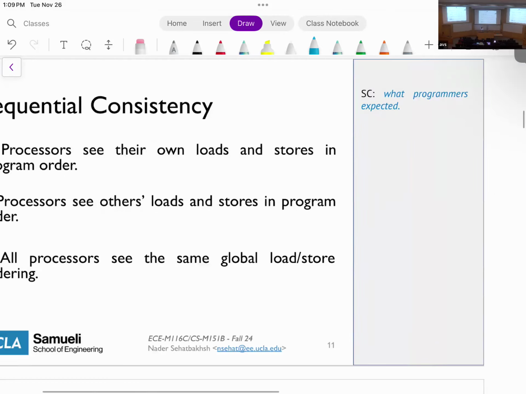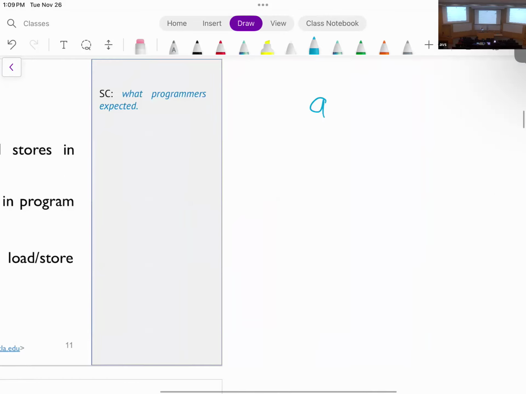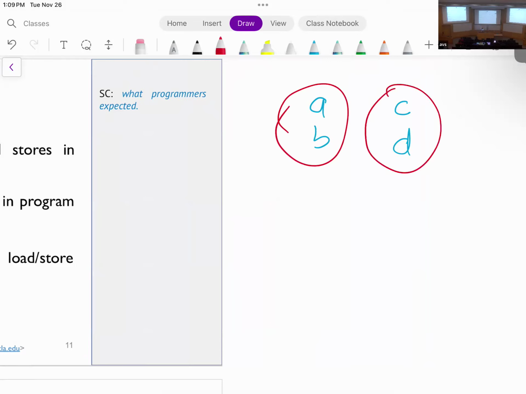But again, remember, this is basically that A, B, C, D thing. Sequential consistency is still not going to tell you whether A, B happens first or C, D happens first. But it will tell you that it's not possible that B happens before A. And when I say A and B, I'm talking about just memory instructions, like loads and stores. Other instructions, like add and multiply, I don't care. I can reorder them as I wish. But memory instructions all happen in program order. You had a question? Or did I answer your question?